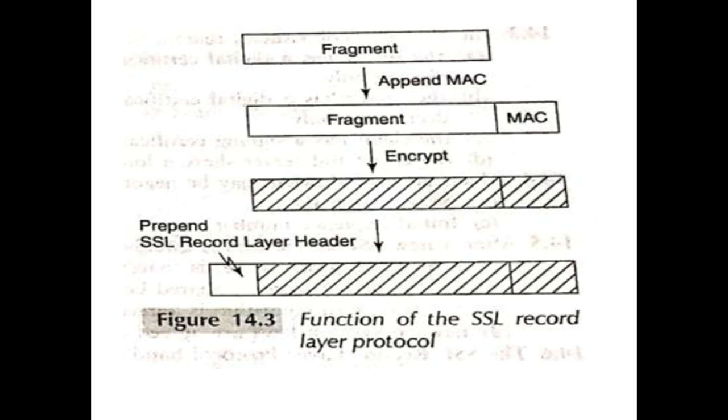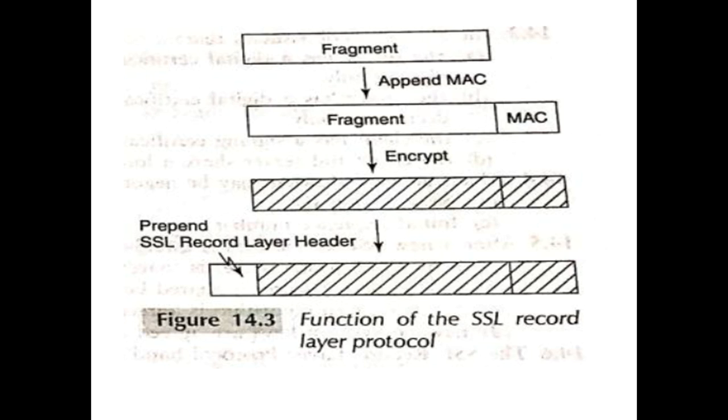When a connection is established, both sides initialize a sequence counter, which is set to 0. The counter is incremented for each packet sent. The sequence number itself is not sent. However, it is used in the computation of a MAC and in its verification. The MAC is computed on the concatenation of the 64-bit sequence number and the compressed fragment.